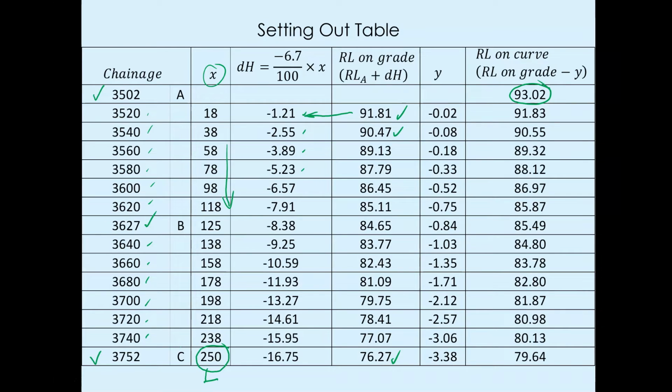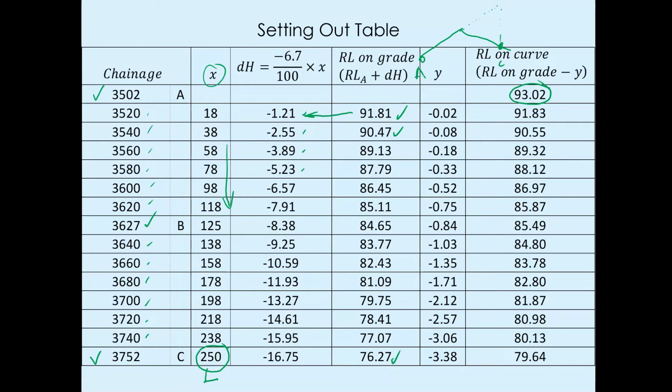Remember, when we do the calculation, we will do it from the first tangent point. If I could just draw here a simple diagram, if that's a rising gradient, that's a falling gradient. So when we do our calculation, we have to extend that to point C here, point A there.